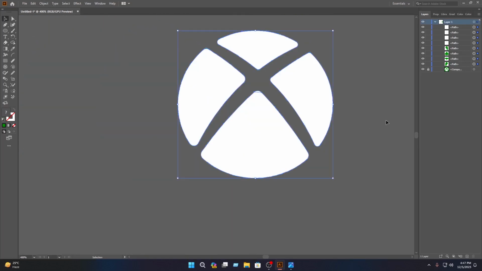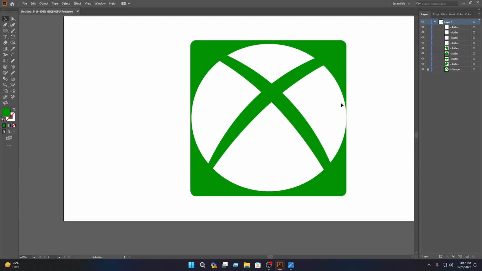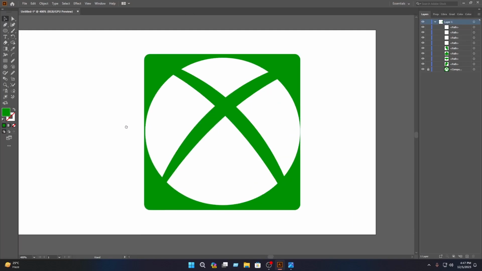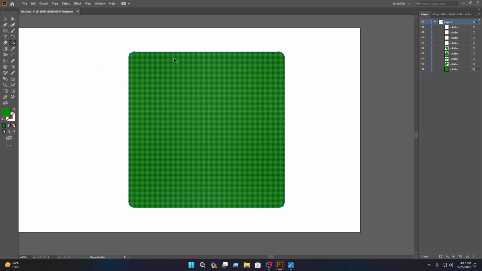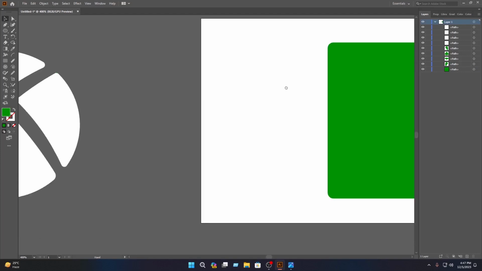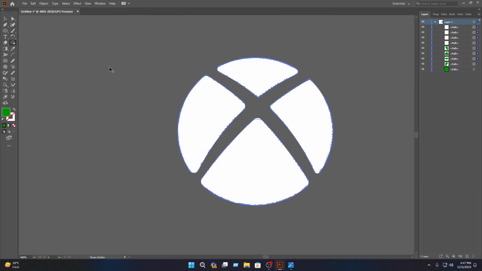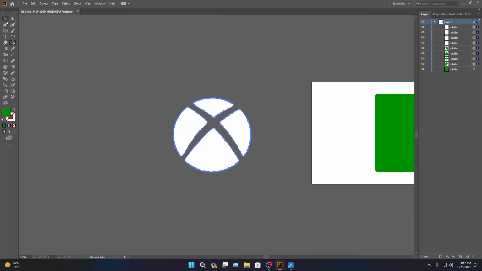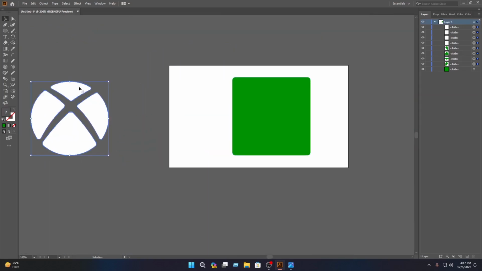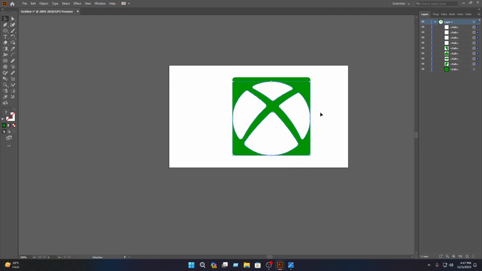Then select the move tool, then you have to select this, then you have to unlock this, then you have to select this, then select the shape builder tool, then you have to select this area, then select the move tool, then you have to select this, then select the shape builder tool again, then you have to press and hold alt key, then click on here, then select the move tool, then select this, then drag this in here, then press and hold shift key, then decrease the size of this, then drag this in here,